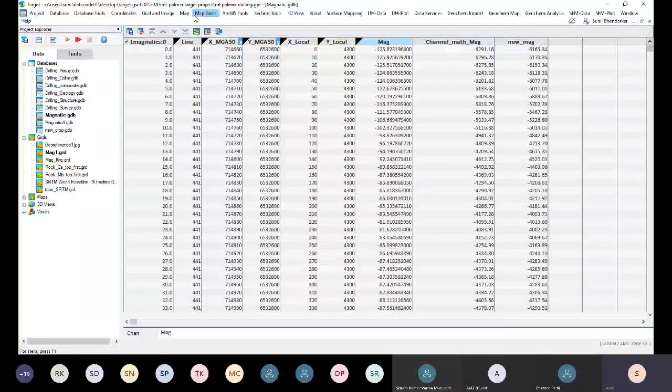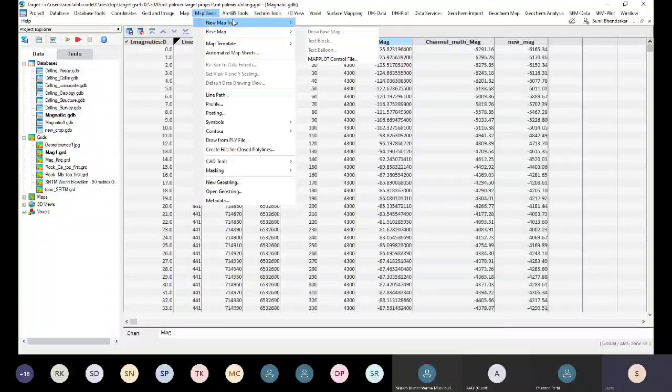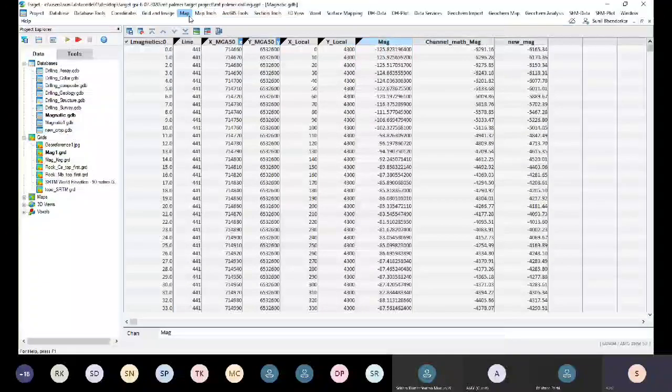Sorry, map tools. First we will create a base map. We need to scan the data. Next, we need to provide a name.